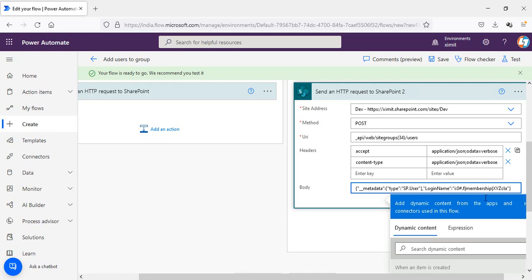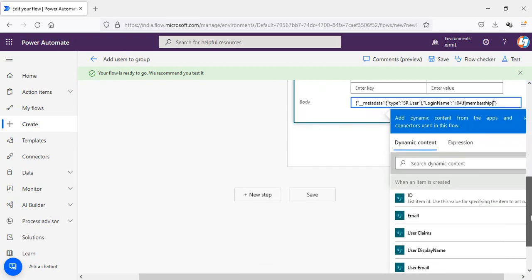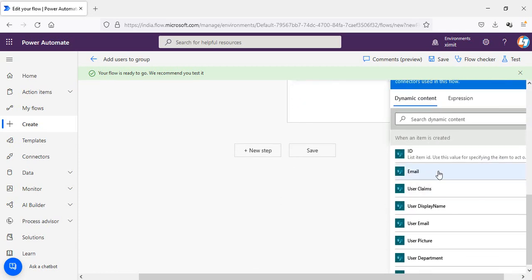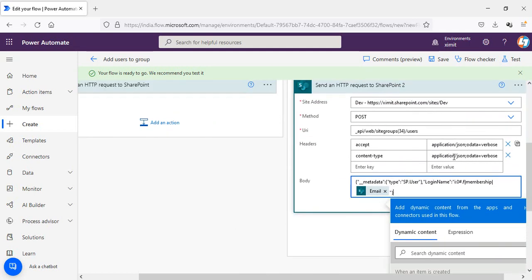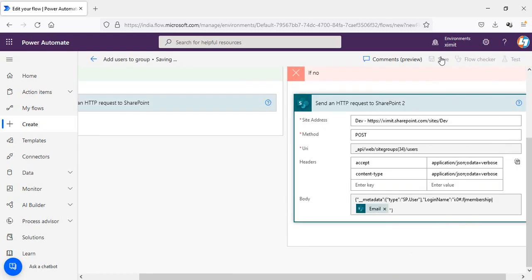In the XYZclaims, I'm gonna put the name of my email field rather than the user field. So this is the single line of text, and in this case it will pick the value from my emails